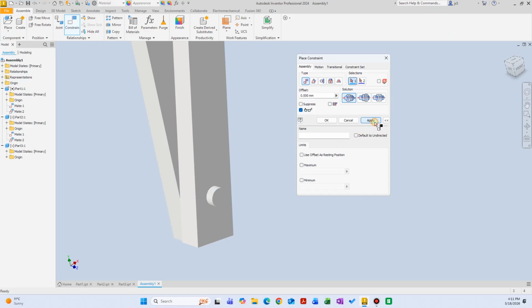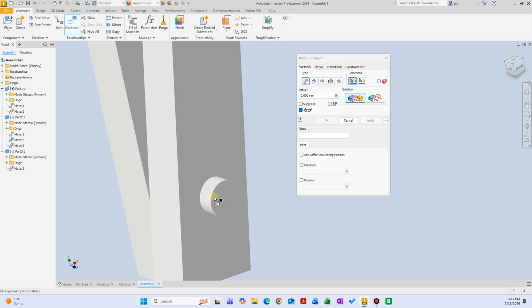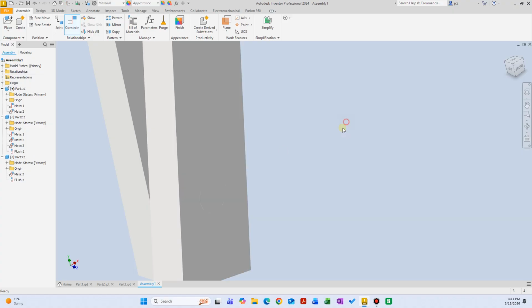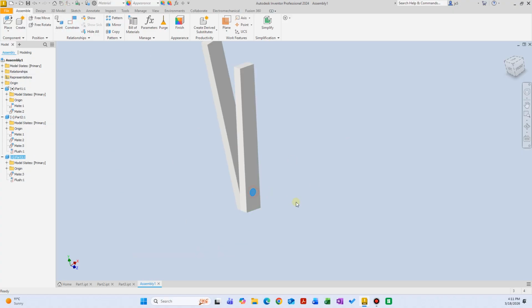So let's hit apply because we want this window to be available to us because this is not complete. It's sticking out a little bit. So let's go back to the flush constraint, select this surface and select this surface. That way the end surface of the pin and end surface of this 3D object are flush. So let's hit apply. Yeah, so I have this pin, I have this shorter 3D object, and I have this